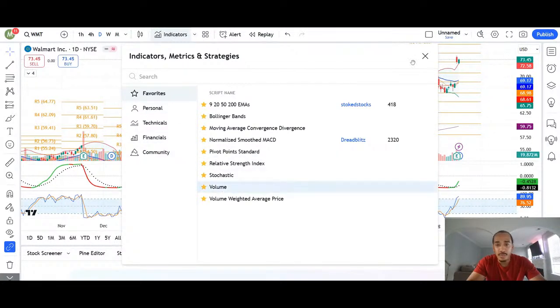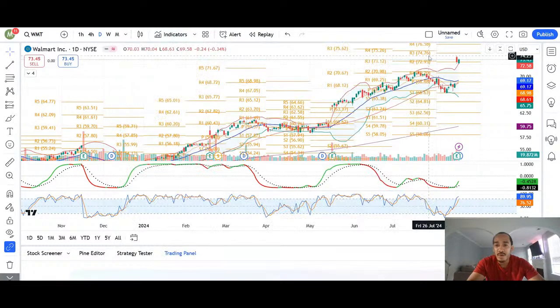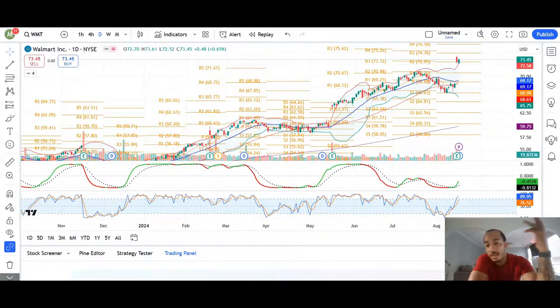So volume. Volume is very important. You do not want to trade without volume. And volume is these bars down here at the bottom, these green and red bars. What that lets you know is the participation. Really important for day trading. If you see increasing bar levels, whether red or green, that shows you the participation. You want to go with the participation.